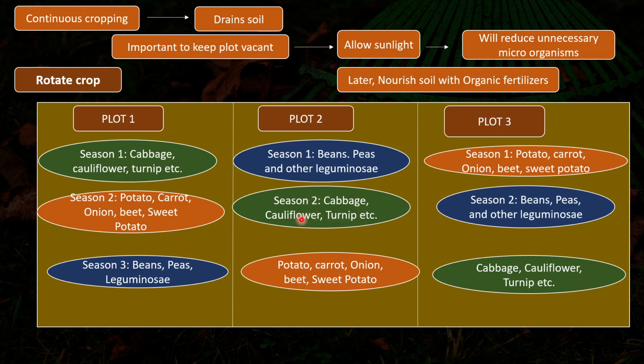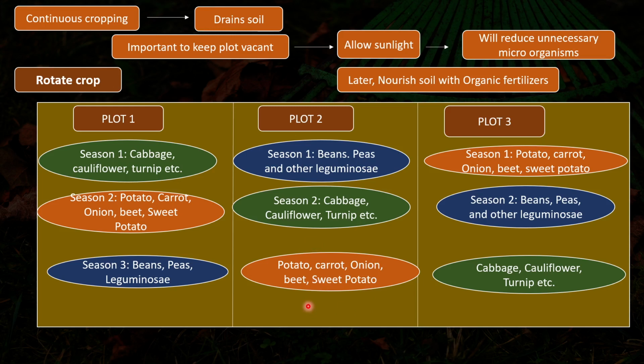So the leafy vegetables, when you remove them, the soil will be more rich in phosphorus, right? So the root plants will utilize the phosphorus from the soil, that is from the previous crop, and in this way the nutrient availability will be there for all the plants. So that is why it is said that crop rotation is very important.